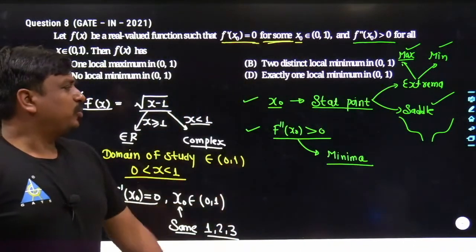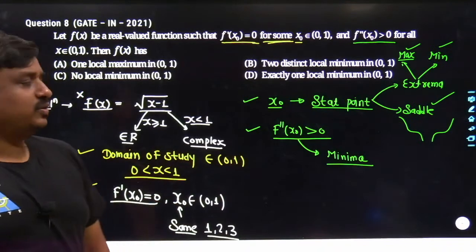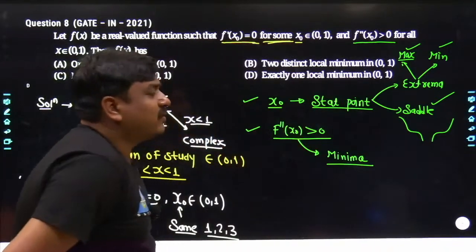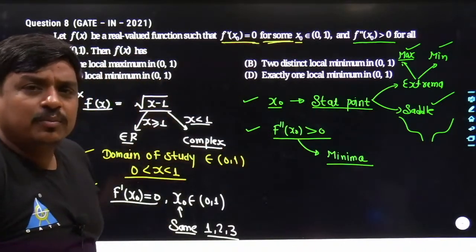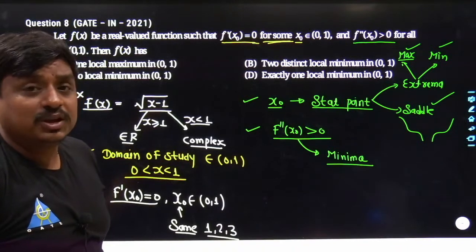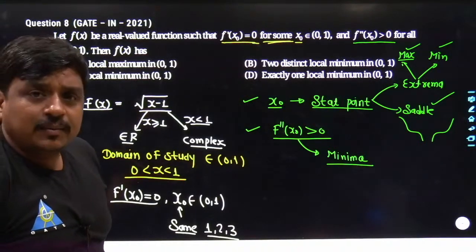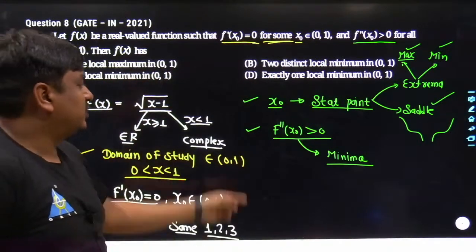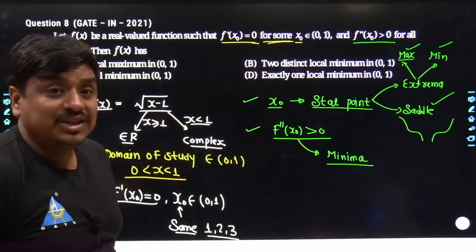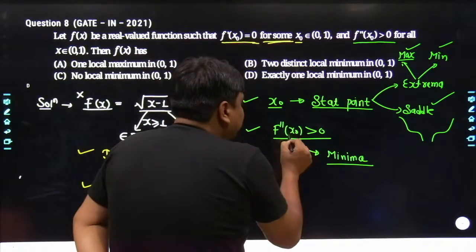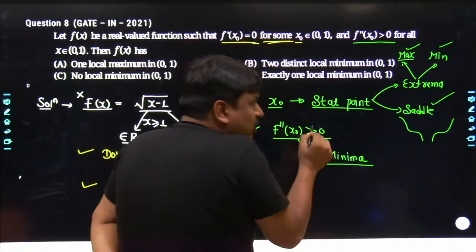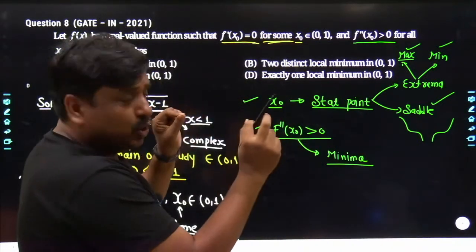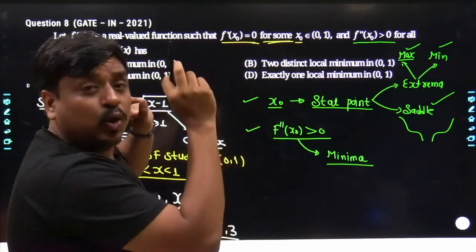Agreeing? Till this point each and everything must be agreeable to all of us. So what is happening over here? At least till this point you will have several thoughts. Sir, how many points could there be? They could be 2, they could be 3, they could be extrema, they could be saddle points. So how exactly do we figure out which is the best answer? The second statement is going to unfold everything. f double dash x naught for all possible values of x from 0 to 1 is greater than 0. That means whatever stationary point occurs in between 0 to 1, they all would be minima.